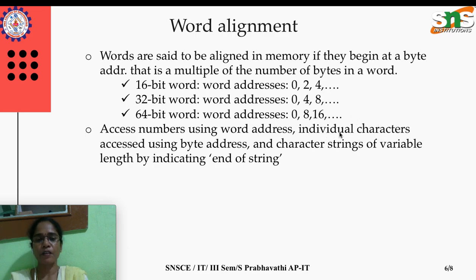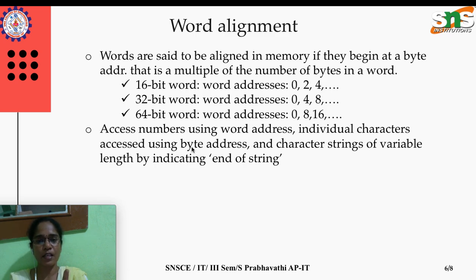Okay, so by means of byte address is enough, no need of word address. Word address means, in this 16 bit word, its starting address will be 0, and it should read the first byte address also to get the 2 characters of the word. So if I want to access only one character among the 2, it is enough to have the byte address.